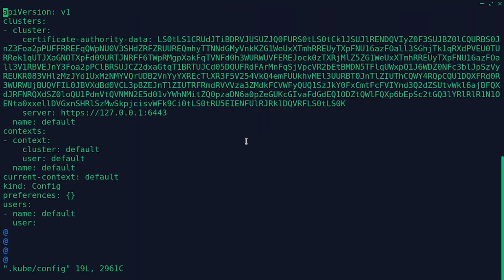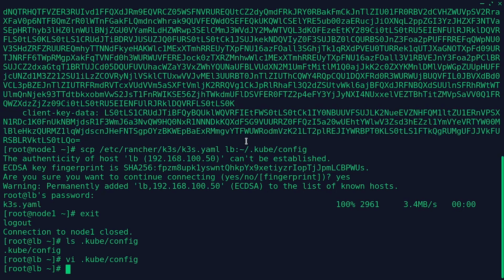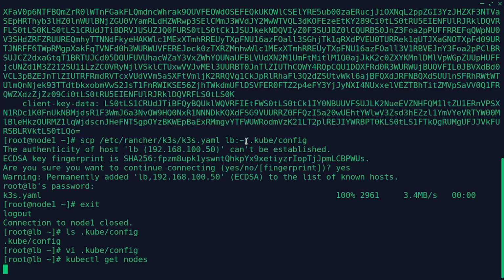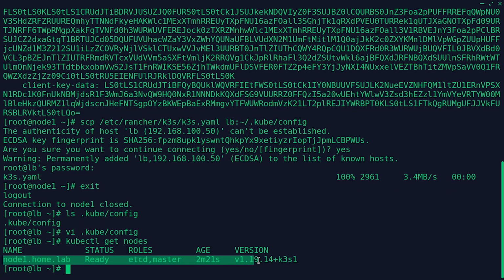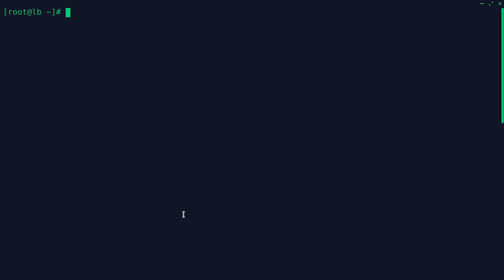Alright, let's remote into it and copy and paste it into the .kube/config file in the home directory. And then edit it and modify the local address to our load balancer IP. This way kubectl will be talking to the load balancer. Done. And now we can run kubectl get nodes, and we can see our first master node up and running. Alright, let's spin up the other two master nodes to join the cluster with the command k3sup join.